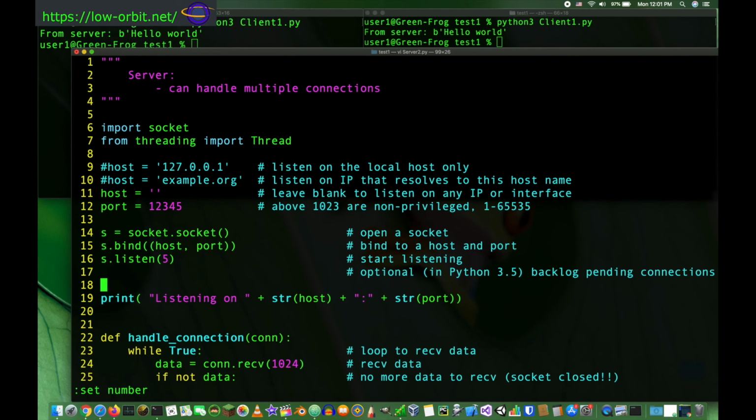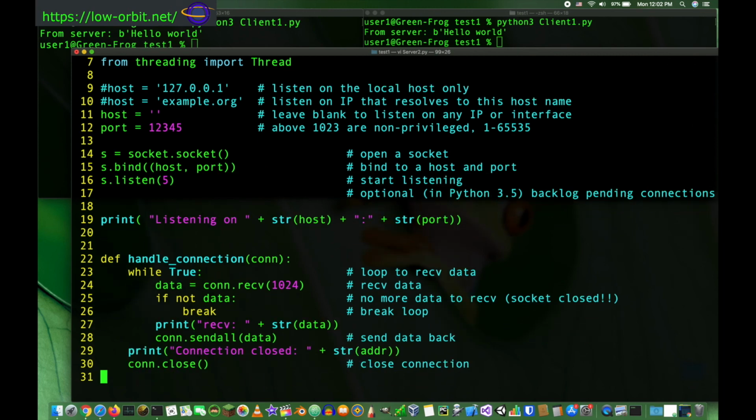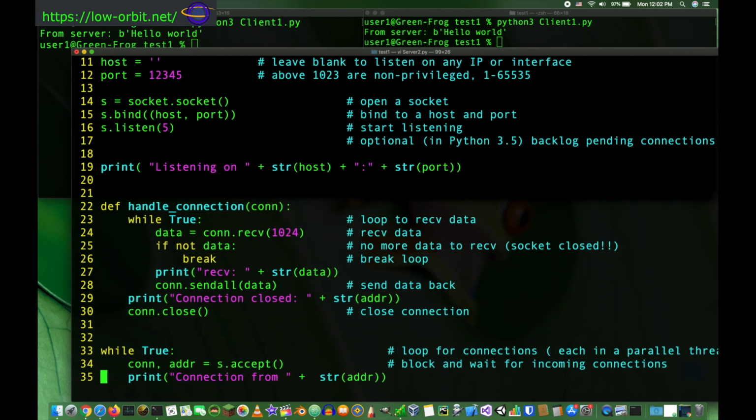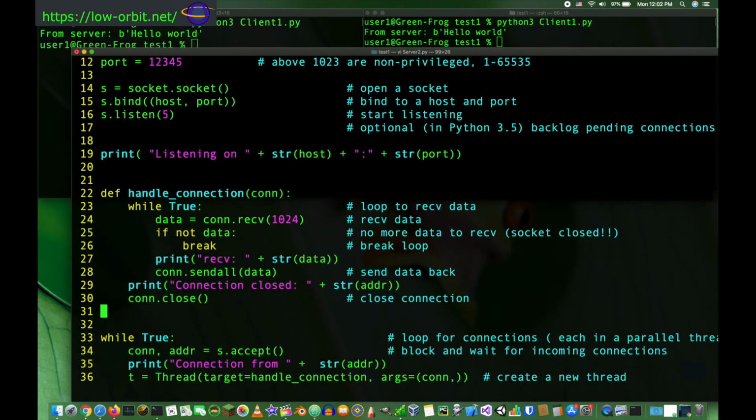So all this code up here up top is exactly the same as the first example, except you see I said from threading import Thread. So I imported, I believe the Thread object, from the threading library. And let's see here. Same thing, we print out what we're listening on, but then once we're listening, all right,